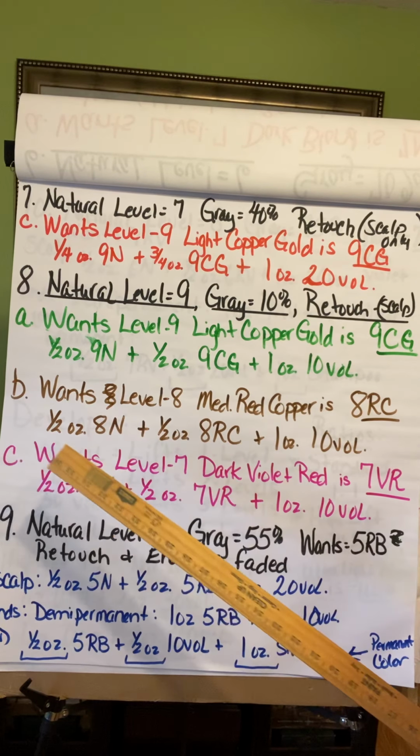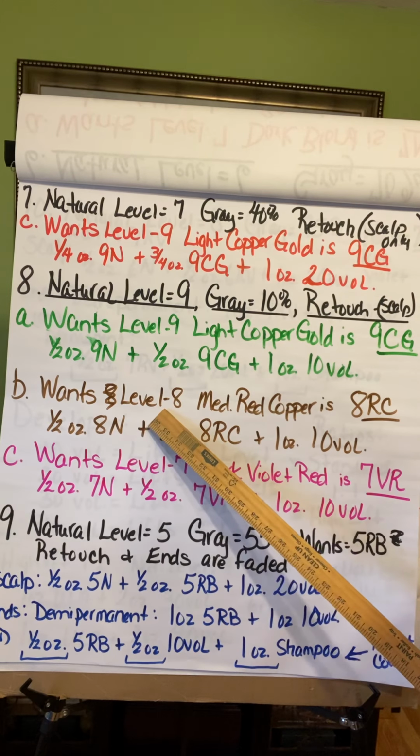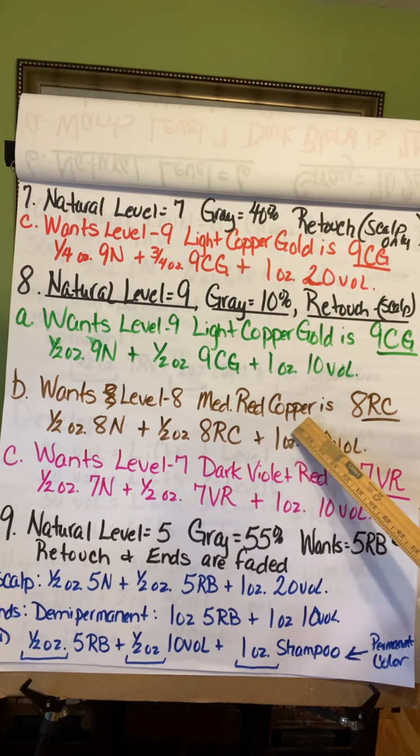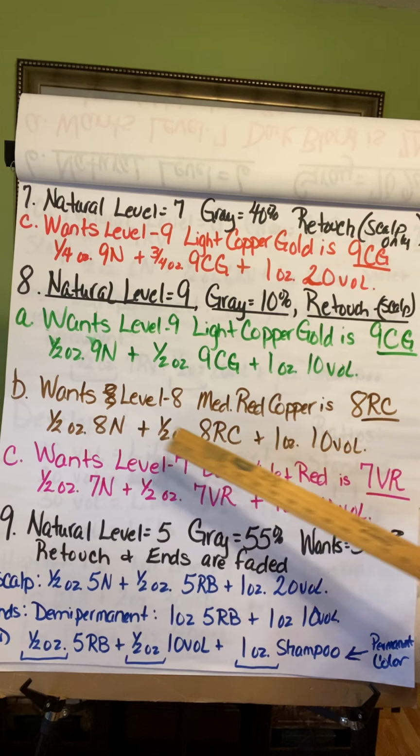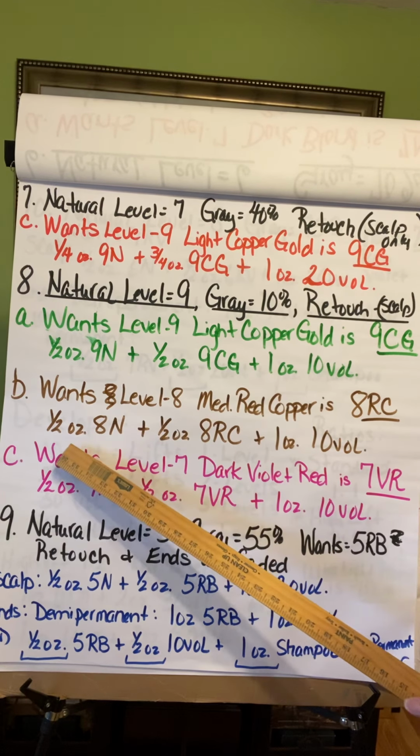Okay, 8B. She wants to be a level 8 medium red copper. Red copper is in the red family, so that automatically tells me I'm going to have to add natural on her because I'm doing it on her scalp. Okay, so it's 8RC. So her color formula is going to be 1/2 ounce of